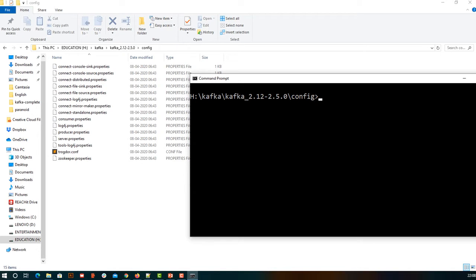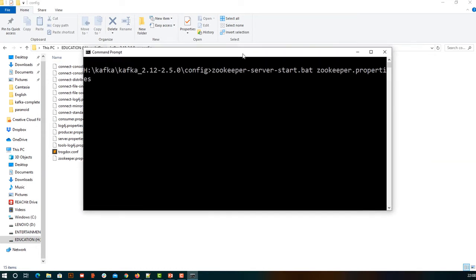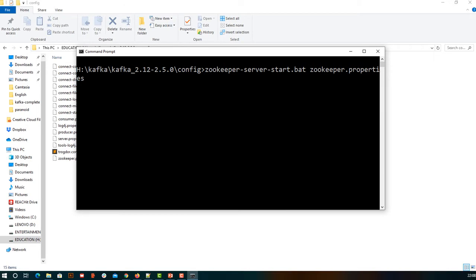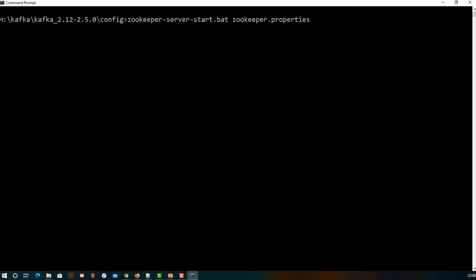So now what I will do first is start Zookeeper-server-start, this batch file, and the properties I want to provide is zookeeper.properties. So I'm hoping that the font is visible. Okay, so once I start this, on port 2181, Zookeeper will be ready to accept any kind of server properties. Okay, I'll wait for it to start.